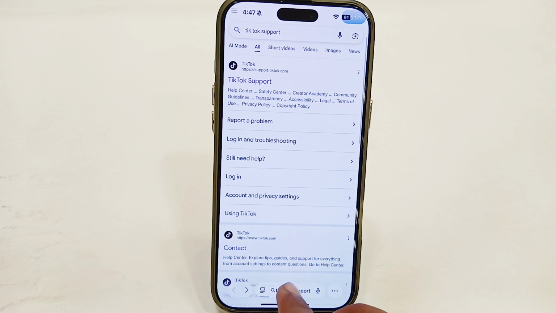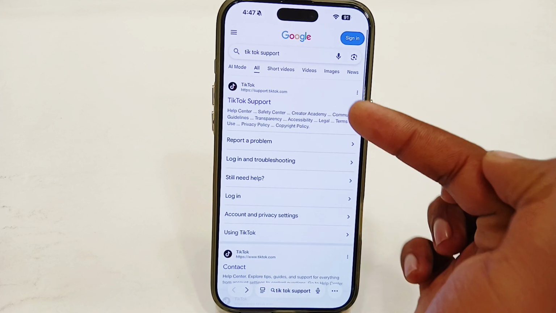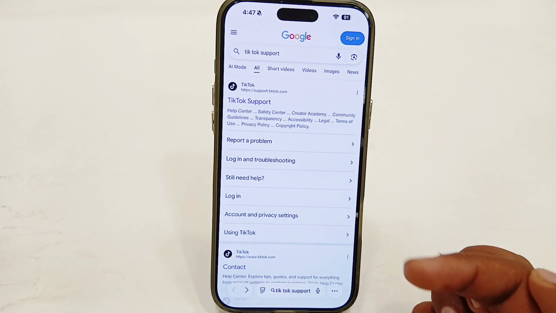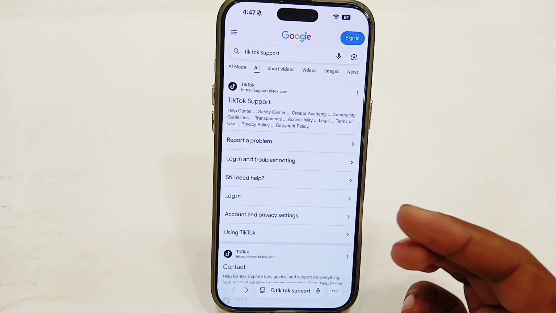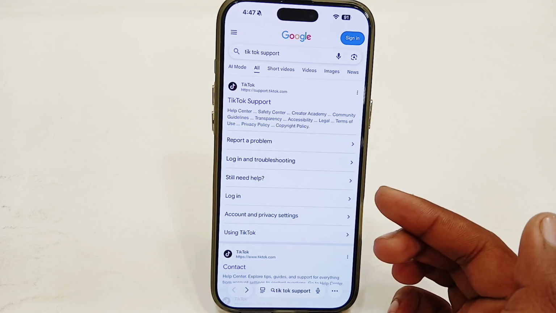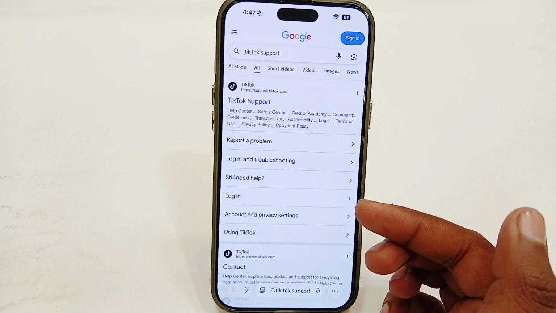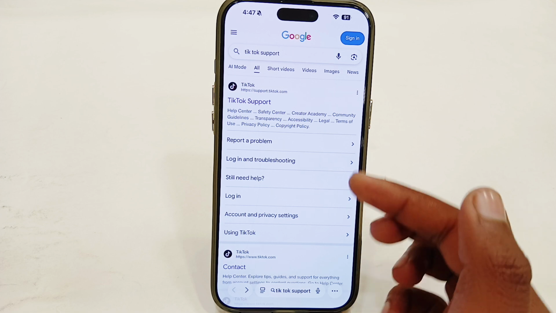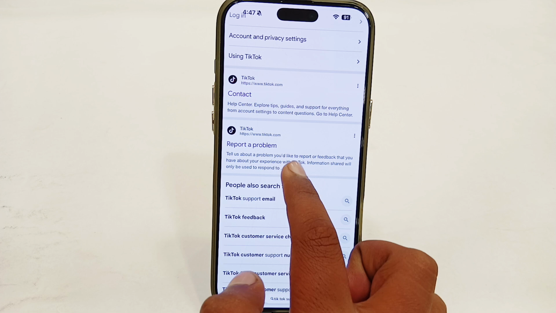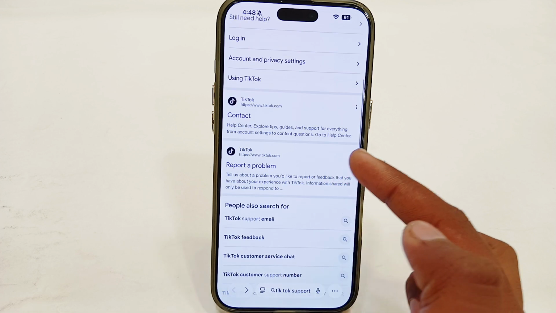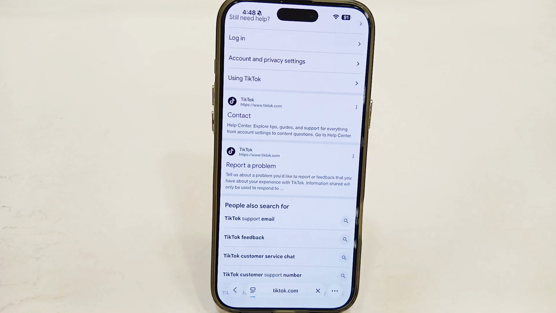Just open the browser and simply search for TikTok Support. The very first thing, make sure you have a strong, stable network connection, and if you're connected to any kind of VPN, disconnect from that. Then search for TikTok support, and here you have to search for report a problem. Here you might see this report a problem. You just open this website,